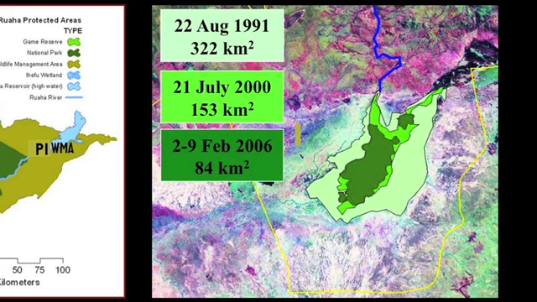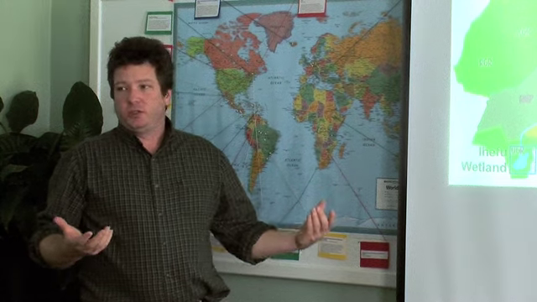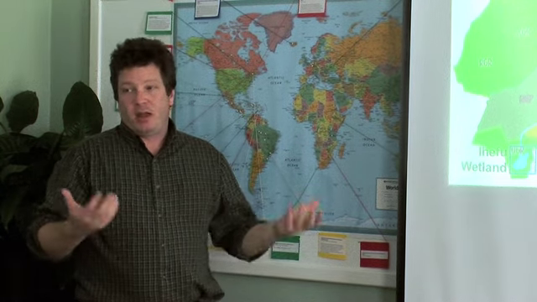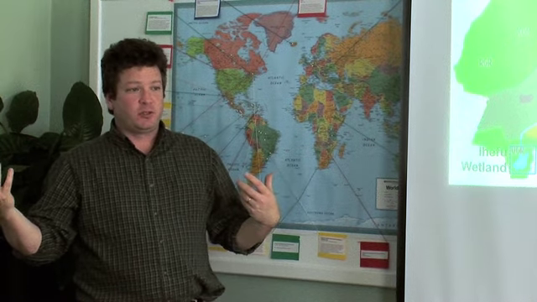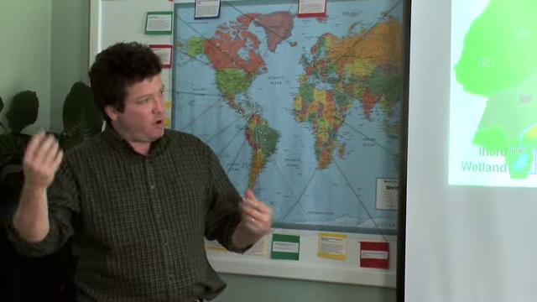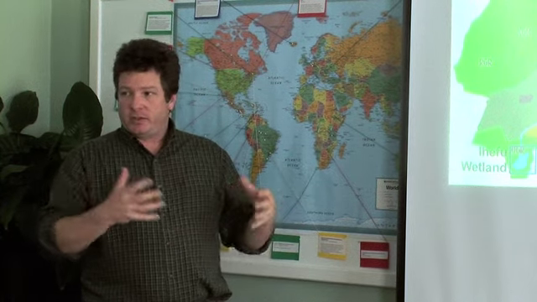In 1991, the extent of the wetlands looks like this. By 2000, something like this. By 2006, shrunk still. They've since gazetted the wetlands. They've included them as part of the national park, with much stronger restrictions. Before it was just a game reserve. Literally there were villages inside the game reserve. They've now been forcibly removed. This is when the politicians in the city got really concerned, when the lights go off. And so now this is part of the national park. Classic kind of draw a circle on the map, kick everybody out.